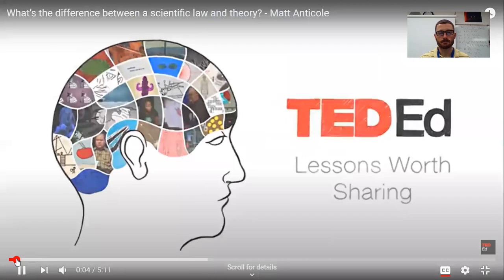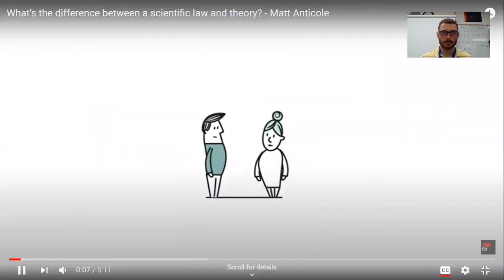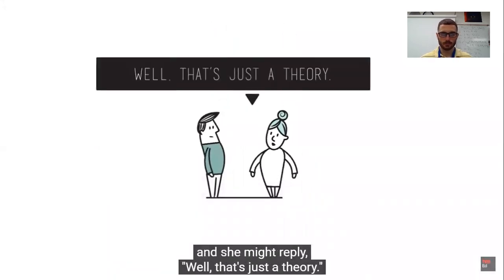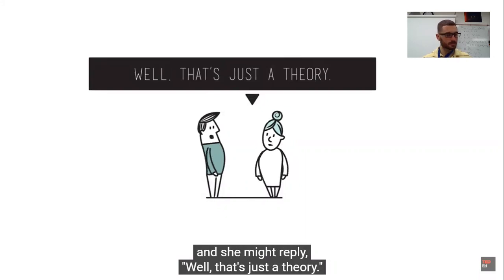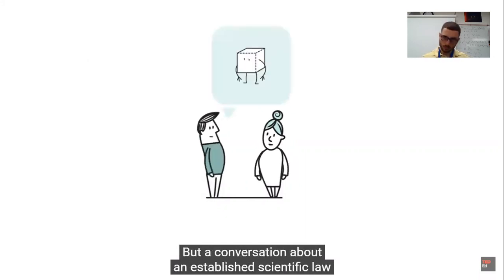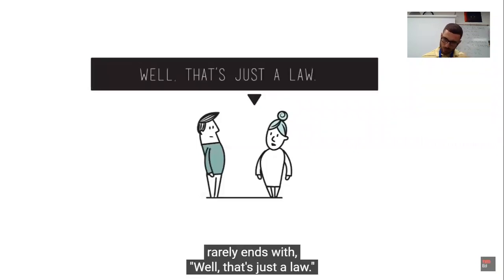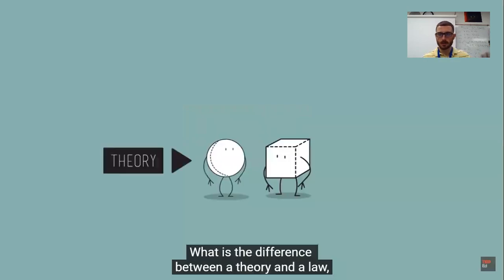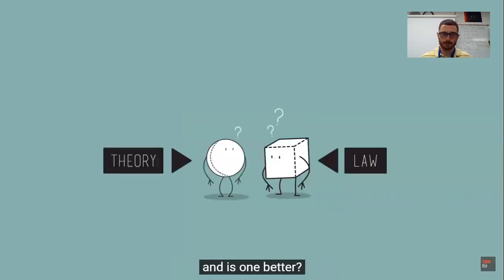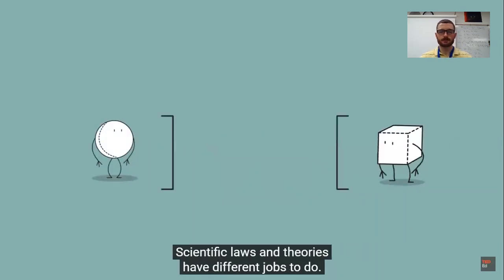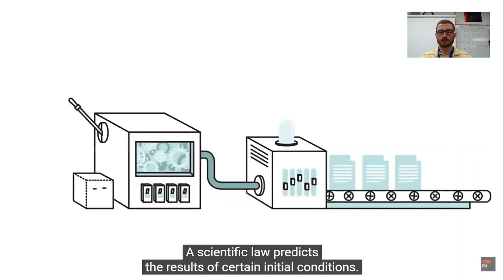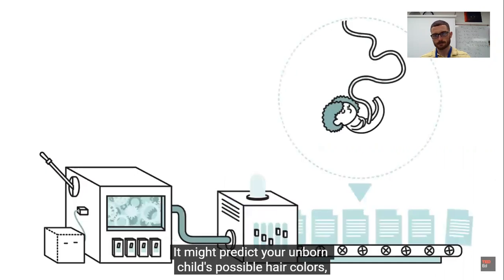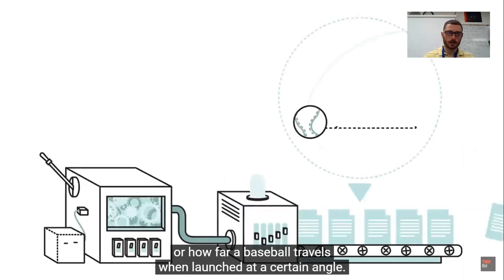Theory. Chat with a friend about an established scientific theory, and she might reply, well, that's just a theory. But a conversation about an established scientific law rarely ends with, well, that's just a law. Why is that? What is the difference between a theory and a law? And is one better? Scientific laws and theories have different jobs to do. A scientific law predicts the results of certain initial conditions. It might predict your unborn child's possible hair colors, or how far a baseball travels when launched at a certain